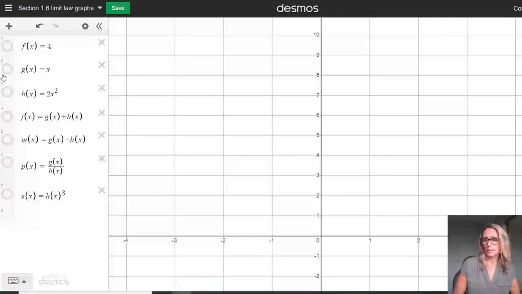Now getting into a little more exciting here for number 3. Number 3 tells us basically that if you take a constant and multiply it by a function, that's the same as taking the limit of the function and then multiplying it by the constant that's in front.